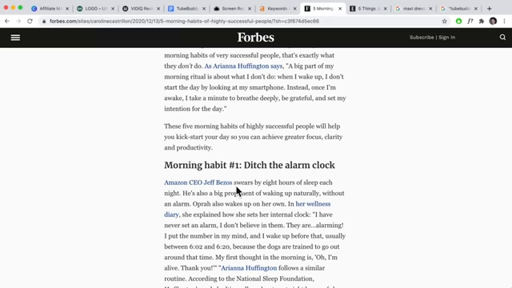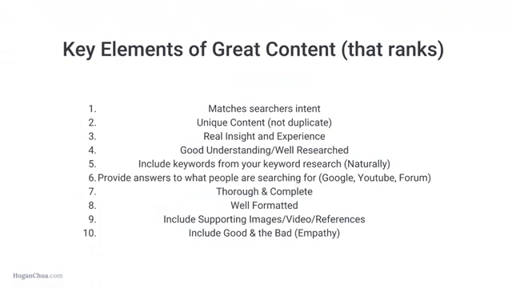So what we need to focus in on now is creating great content. I'm going to walk you through exactly, step by step, how to actually do that. There are a few key elements of great content. Number 1, which is probably going to be the most important one, is that your content should match the